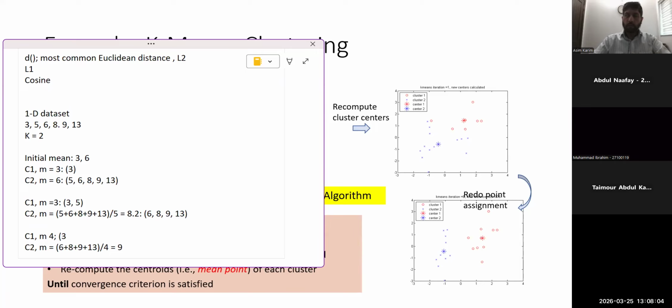So 4 है, so 3 would come here, 5 would also come here, 6 would also come here, right? And 8, 8 का 4 के साथ 4 है, so that's all. So यहाँ आपके पास of course 8 होगा, 9 होगा, 13 होगा, ठीक है।